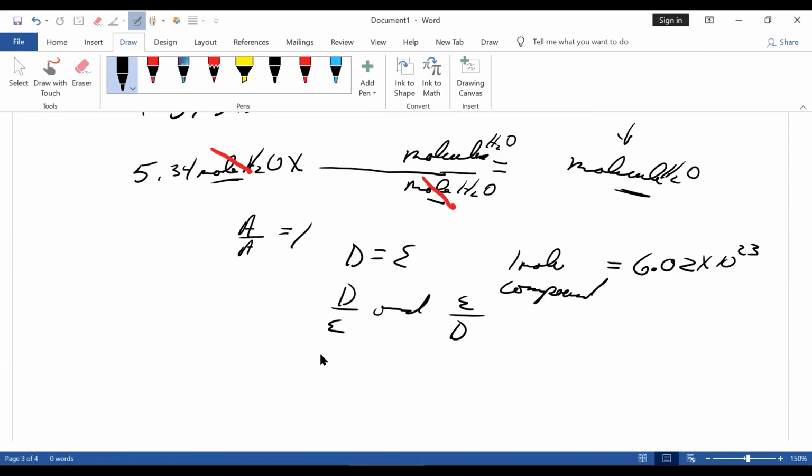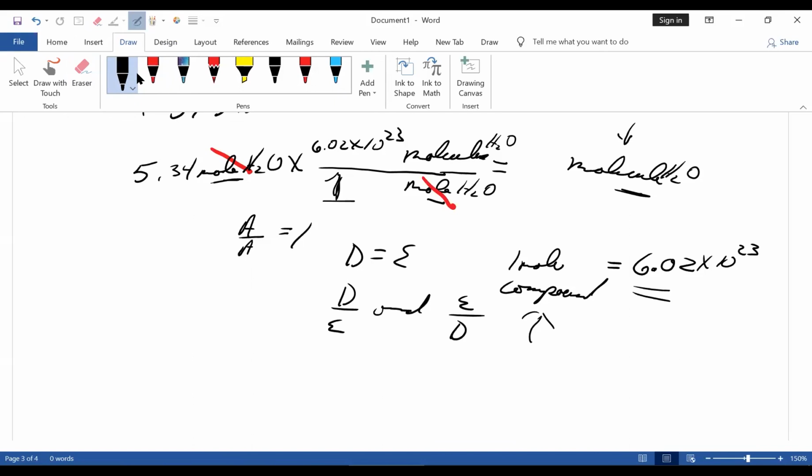I should point out, Avogadro's number is calculated. I use 6.02, most chemists do, which is 3 significant figures. One time I found a website, a reputable one, where they have Avogadro's number to 18 significant figures. I have no idea why somebody would need that, but someone calculated it. So therefore, based on this, I know for every 1 mole, I have 6.02 times 10 to the 23rd